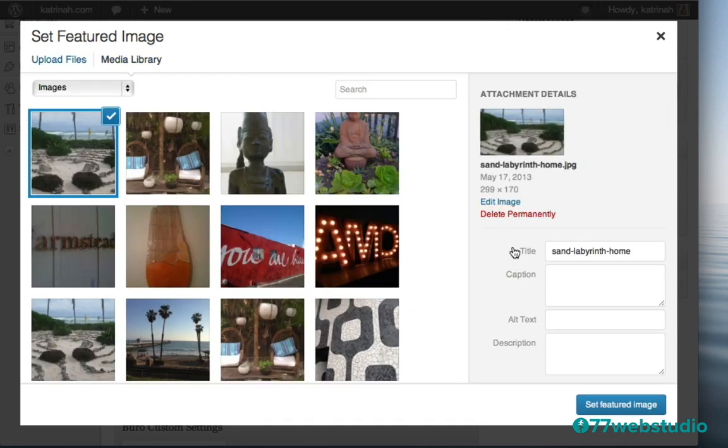And then I am going to give this a title. I'll just call it Shop Travel, and once again I'm going to give it an alternative text right there. Now note that this dimension is 299 by 170, so whatever image you would like it to be, feel free to provide whatever image size you want, but about 300 pixels wide by 170 tall is a good size for what I would like to do on this page. So I'm going to keep it at about 300 wide by 170 pixels tall, and then I'm going to click on this button here that says Set Featured Image.